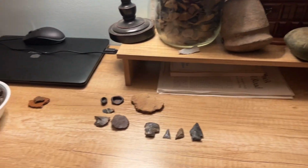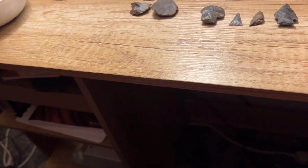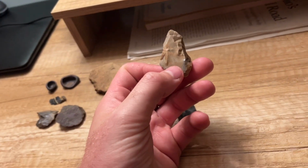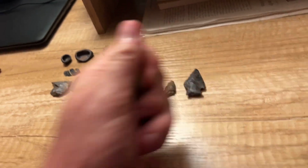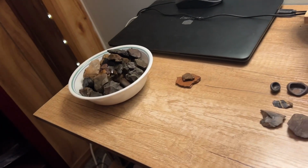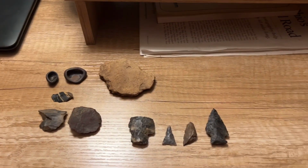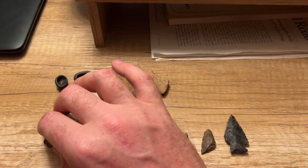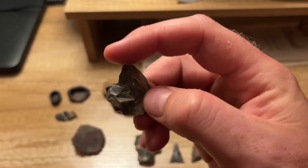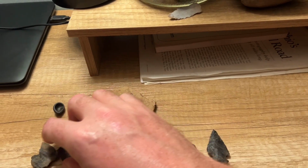All right, we got everything that we found. A couple pieces of pottery. There's more pottery in here somewhere, but I haven't hunted it out yet. We'll find it later. I did have one I was kind of iffy on. It almost looked like they were going to try to knock it out and make something out of it, but that's just flakes and what-ifs. Some of this is too. I think those two are like that one. I think that was a busted-up scraper. It looked really worked on that end down there, but